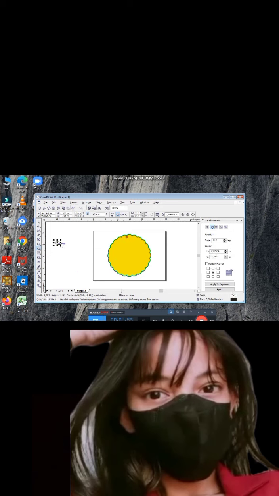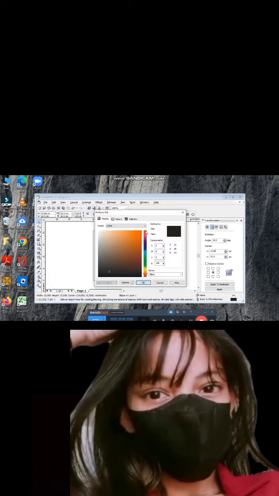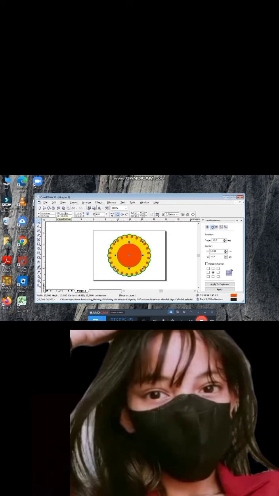Determine the page size. How to make a logo in CorelDRAW. You can determine any size according to your logo needs. However, in this tutorial, the selected page size is 40 by 40 cm.